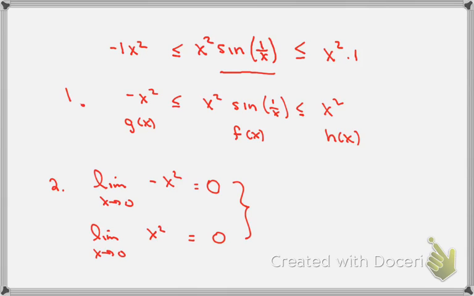So now I see that the limit as x goes to 0 of g of x in our particular problem is equal to the limit as x goes to 0 of h of x, and they both equal 0. So the first two conditions of the theorem are satisfied. And now I know the conclusion must be true. So, therefore, by the sandwich theorem,